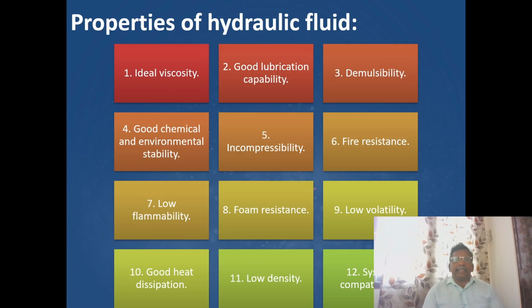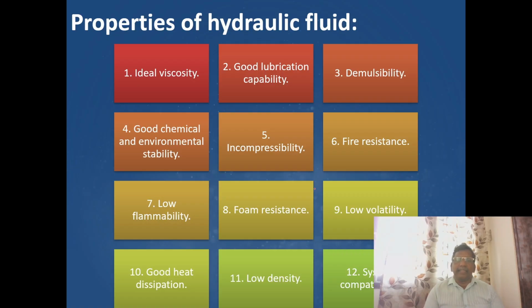So we'll choose a fluid. We have to maintain all these properties. So it's compulsory to check the properties of the fluid we are going to use in a hydraulic system, especially viscosity. We have to know the viscosity of the system. So ideal viscosity, then lubrication capability, then de-emulsibility. Moisture content has to be zero. Stability with the environment as well as chemical,